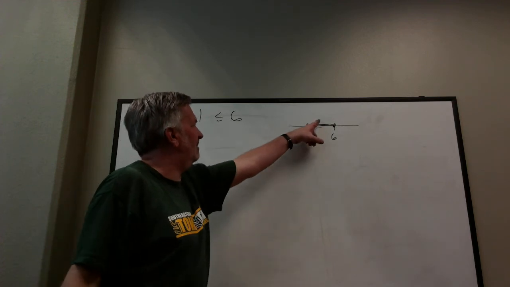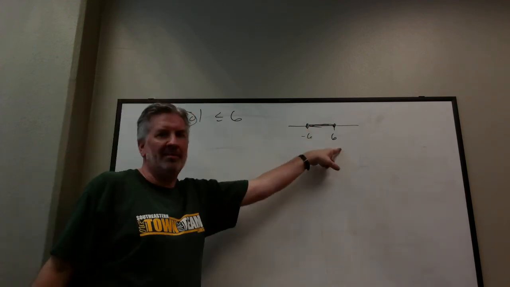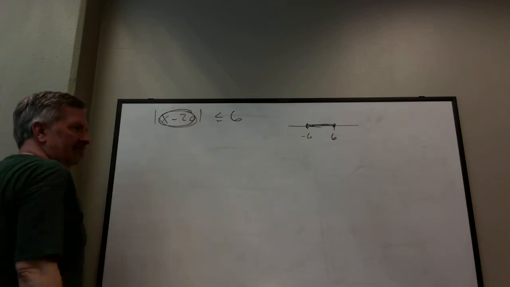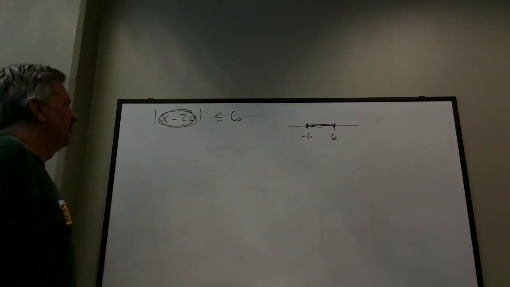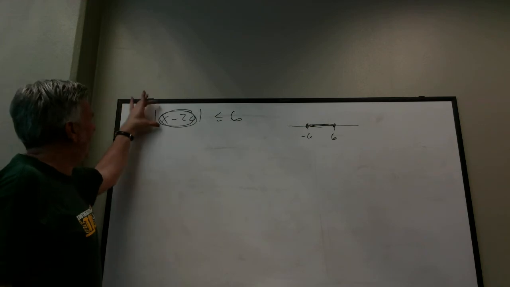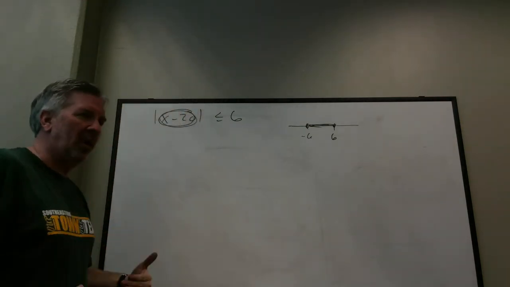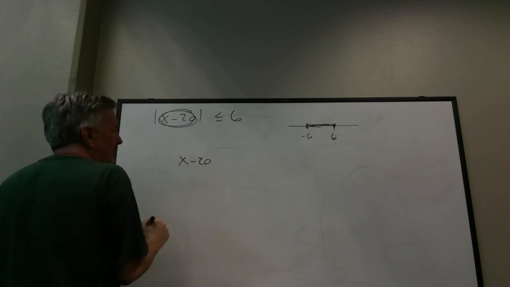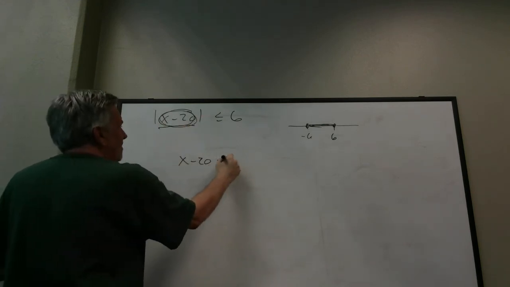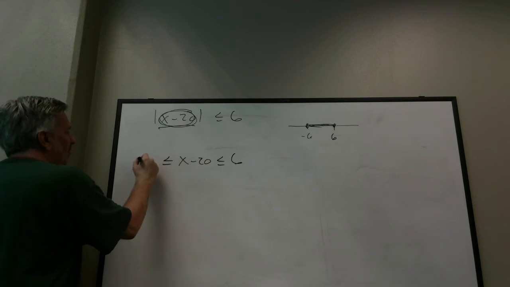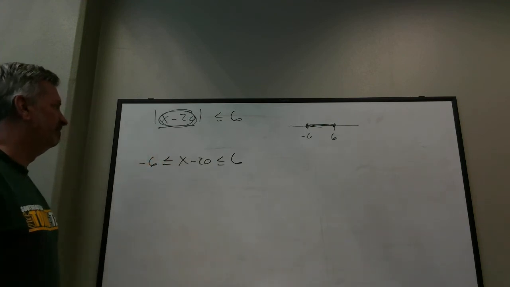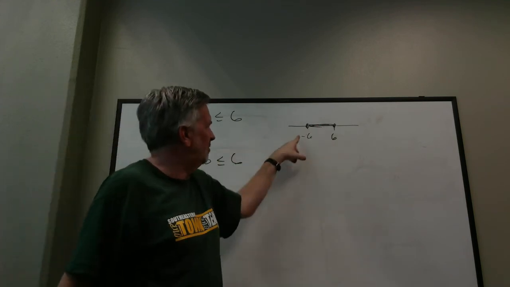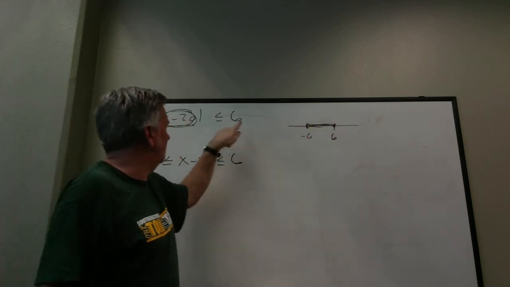Now again, the answer is not x is between minus 6 and 6. No, it's not that. It's this. That's like my y, okay? So to change this from an absolute value inequality to an inequality without absolute values, this means x minus 20, the y, is less than or equal to 6 and bigger than or equal to negative 6. Right? So the absolute value of that is between minus 6 and 6, including 6 and minus 6 because it's